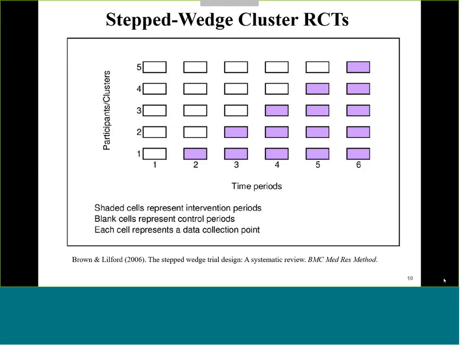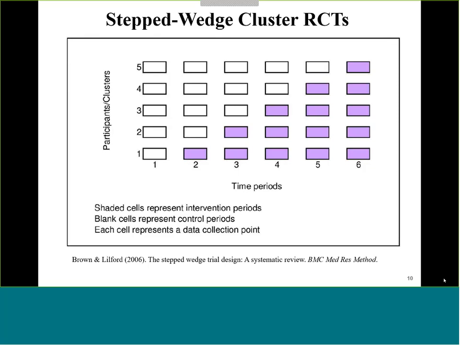So again, I'll use the example of a leadership intervention. So you measure leadership, you measure climate for implementation of a new innovation in all 5 of those clusters, and then at time period 2, you do your implementation strategy to implement your new innovation with clinic 1 or cluster 1, and you're measuring all of the clusters, all of the clinics again. At time 3, clinic 2 gets the implementation strategy to implement the innovation, and all of the other 3, 4, and 5 serve as controls